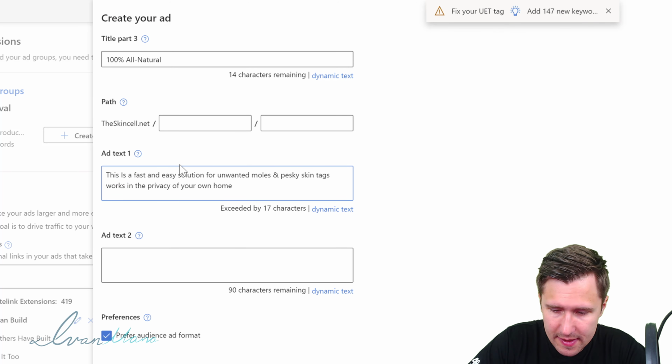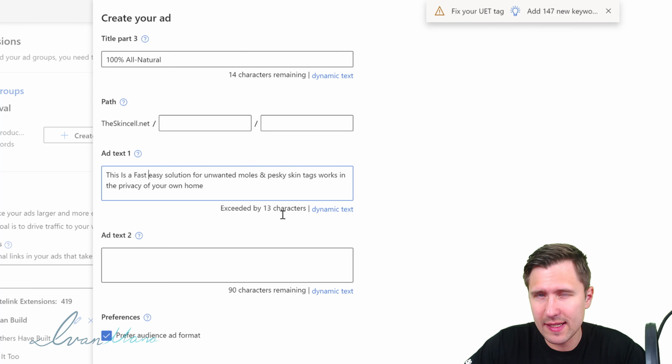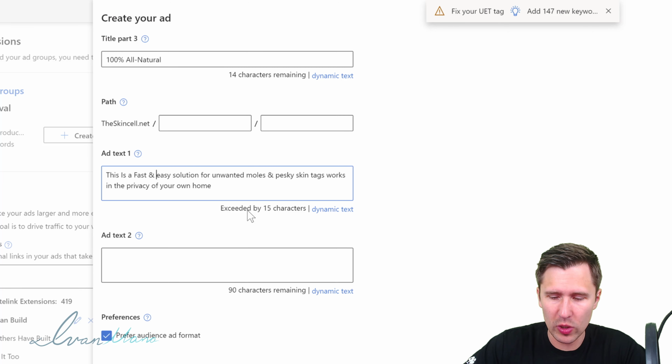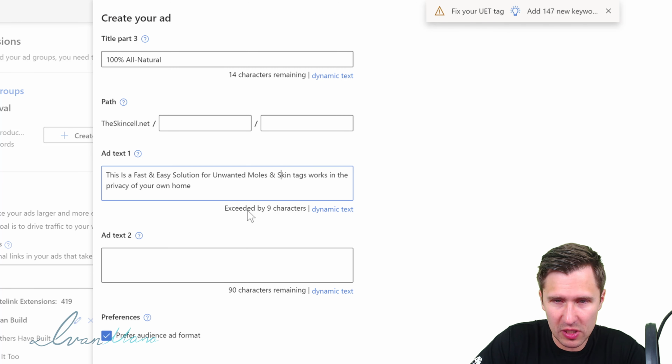So this is a fast, and then we have exceeded this by, at the start, 17 characters. So we do have to make it a bit shorter. So instead of spelling out the word and, I like to use an ampersand. Easy solution for, I don't believe we capitalized the F, for unwanted moles. Let's remove pesky, let's just say, and, because we need more space. And skin tags